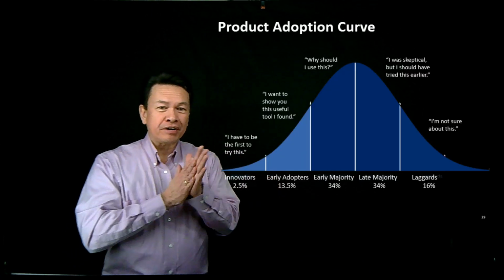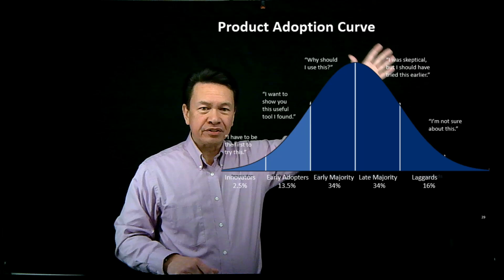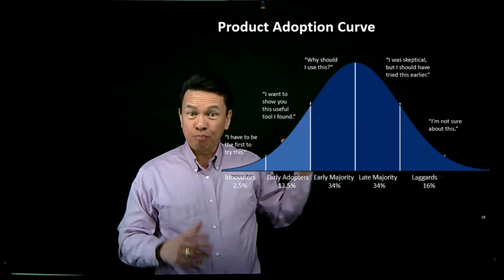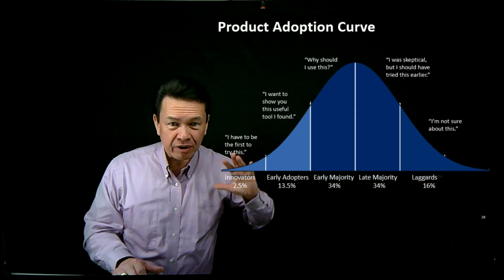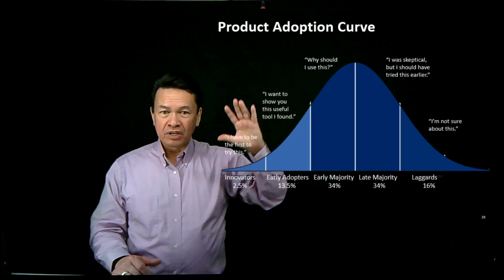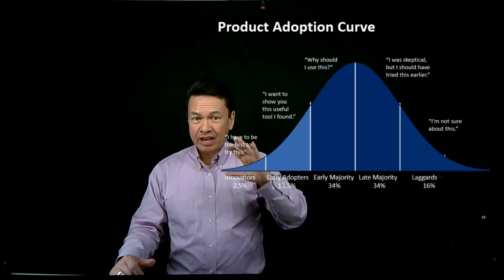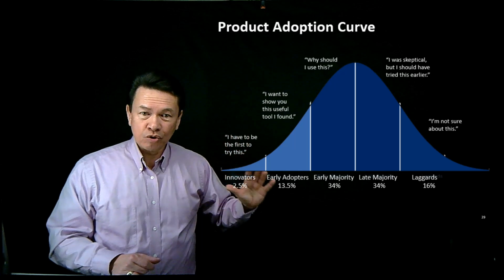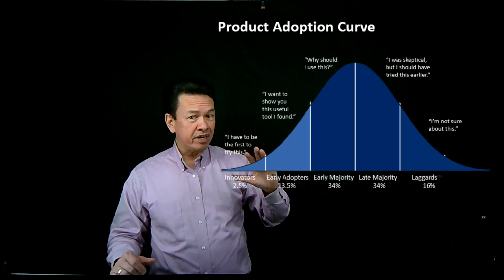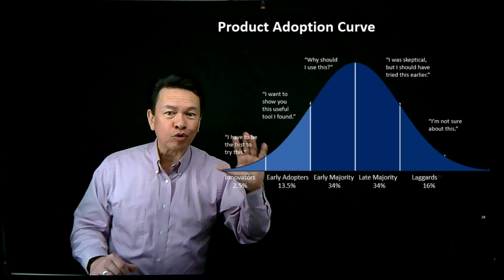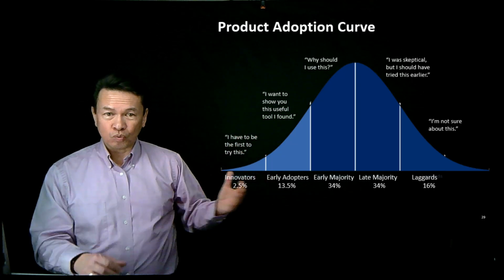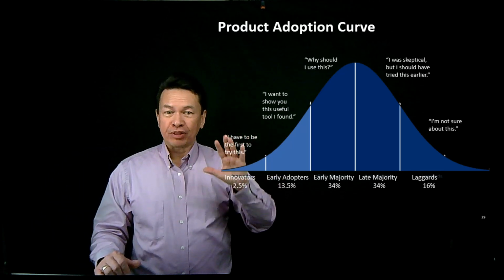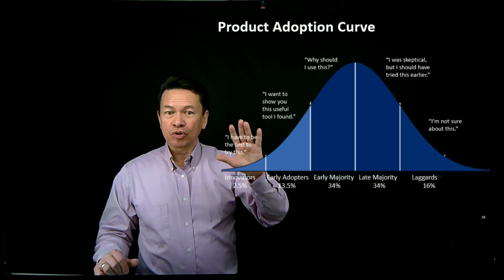So here's a very interesting thing. We were looking at different archetypes. I don't know if you've heard of this thing called the product adoption curve. What we're typically looking for is the people that are innovators and early adopters. These are the first people that are going to buy your product or service, right? So when we talked about Justin, the dentist, he's an innovator. He wants to be the first to have that technology, right? So if I have a brand new technology in the dentist world, that's the kind of people that I want first. Those are what we're looking for as innovators.